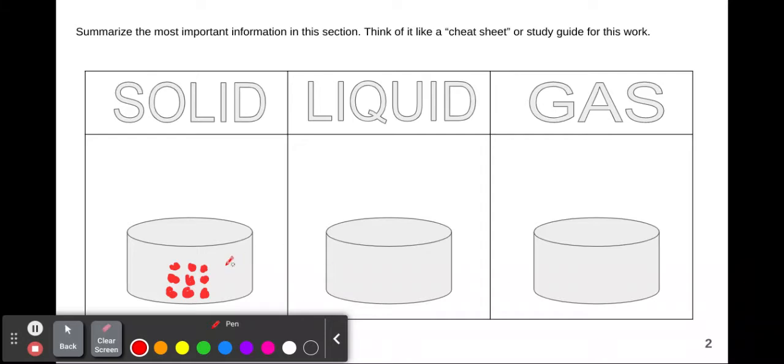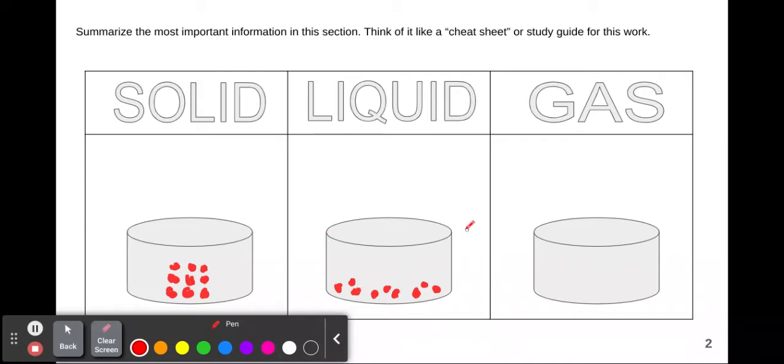The next container is going to have the same substance if it was heated to make it a liquid. So if we heated this solid, then what would start to happen is that those particles, instead of standing up in a fixed shape, would all settle at the bottom of the container. So this time I'm going to draw all the particles towards the bottom of the container. They're still fairly close together, but now they can move over each other and around each other. They can spread out to fill the bottom of the container,